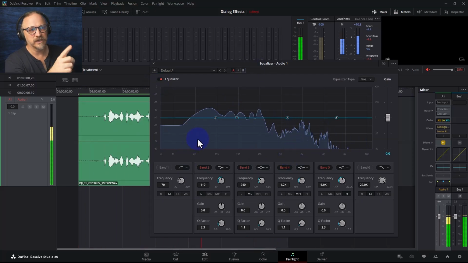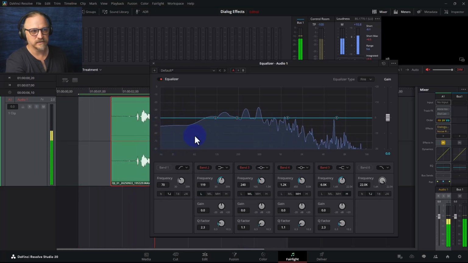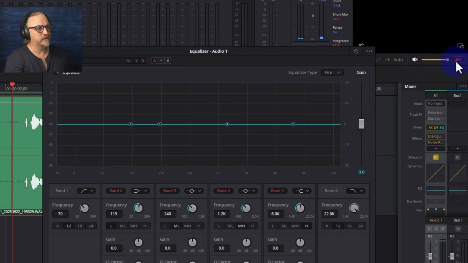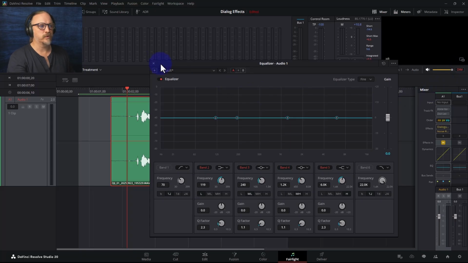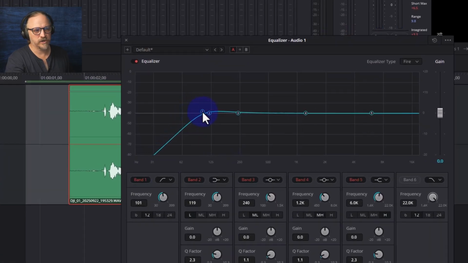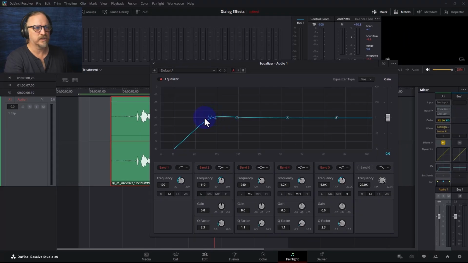I can tell from looking at this preview, even without listening to it, that there is a lot of low-end muck in this sound that has nothing to do with the voice. Nothing. So let's go ahead and turn it up. I'm going to leave the sound diminished here so that it's not too annoying for you. We'll only turn it up when we need to critically listen to something. But I am going to turn on the low cut filter and turn it up a little bit to about 100 hertz. We know 115 from earlier is going to start cutting into the low end of the voice. So we'll try 100 and hear how that sounds.